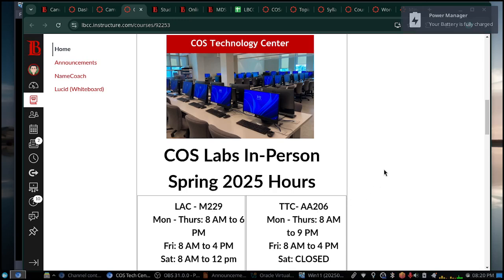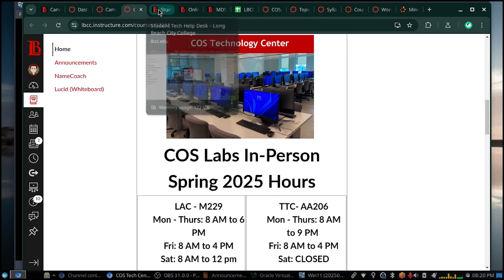We're going to be getting into Microsoft Word, and if you don't have a Windows PC or a way to install Microsoft 365, which you will see later on in this video, you can come to campus and use the COS Computer Labs. Now, if you need to reach out to our instructional assistants, scroll on down this page and you'll see ways to contact them.